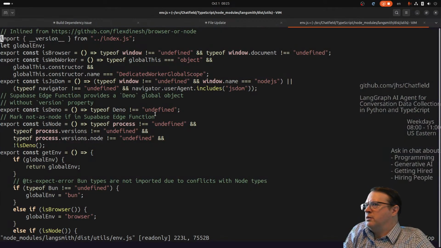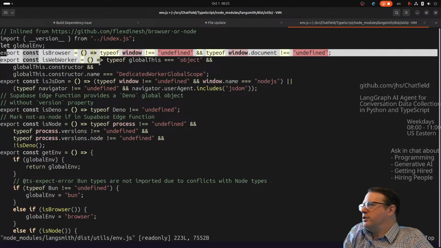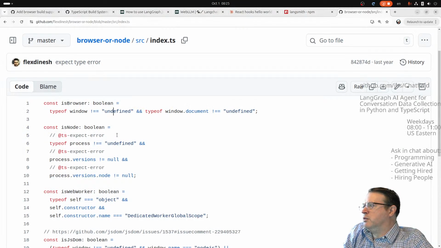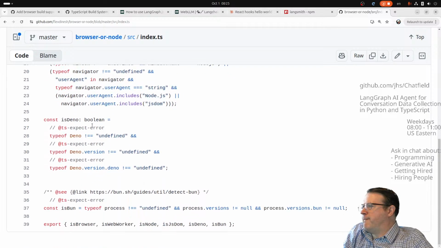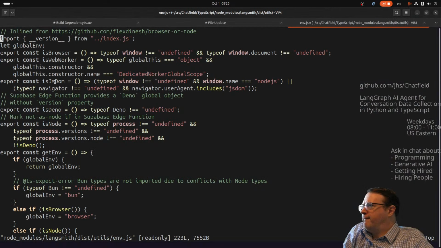Here. Is browser, is web worker, is node. No. Is Deno. Inlined. I wonder if someone did this like,